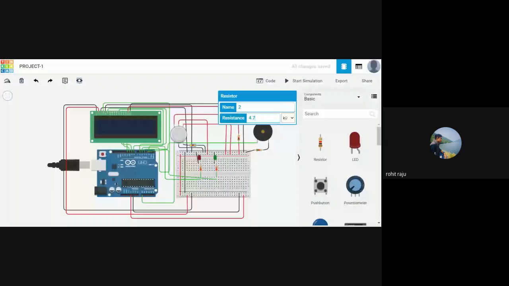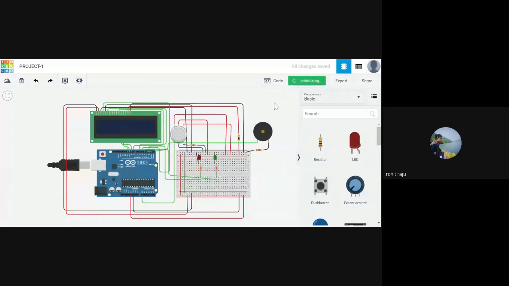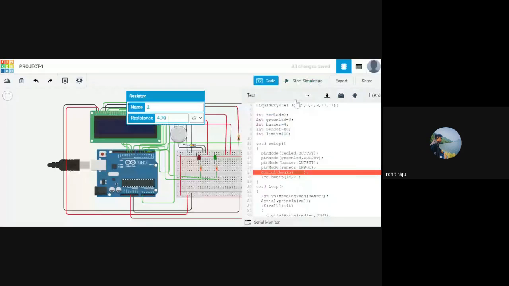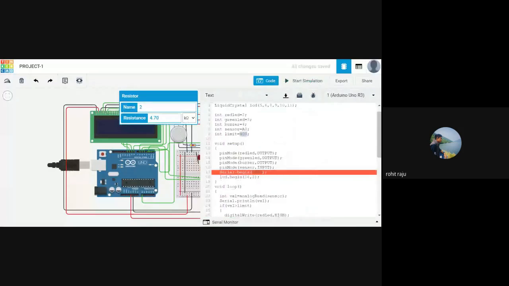And let's start the simulation. Yeah, now it worked fine. And actually the main thing is, if you look at the code, change this value.